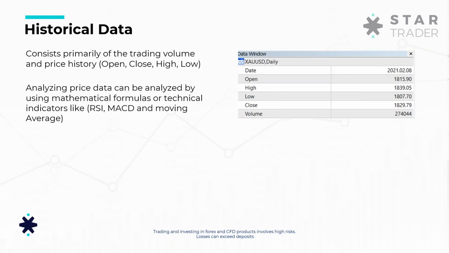The low is the opposite. It's the lowest price. That takes us to the close price, which is the closing price, the last tick, the last trade, the last deal happened before market closing. And the volume is the sum of the trading of that day, either the buy side or the sell side.